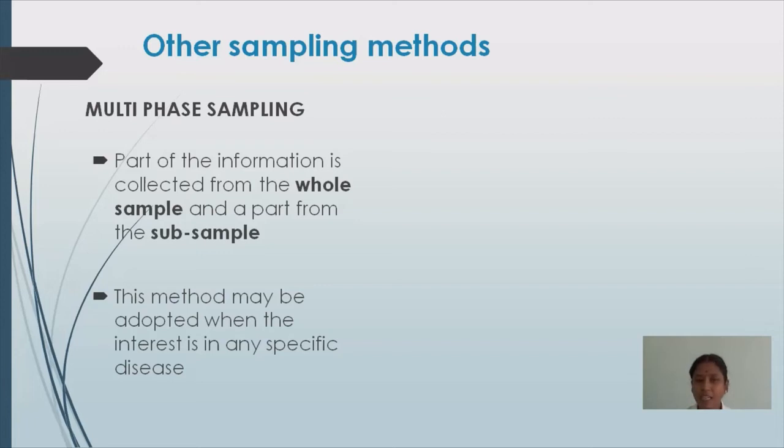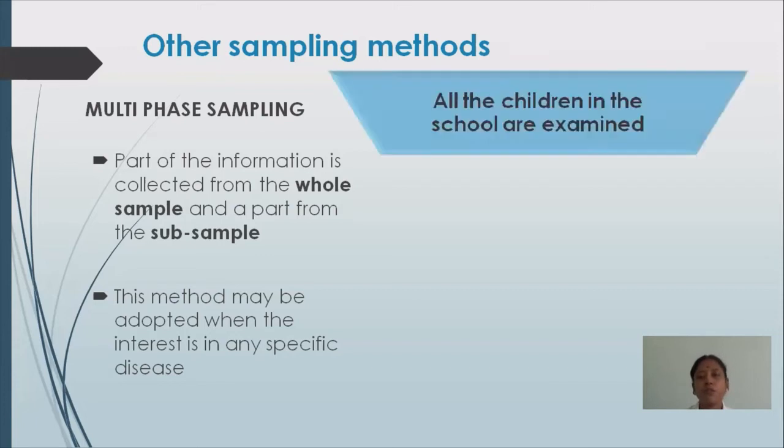So here we'll be collecting part of the information from the whole sample and another part from the subsample. And if we have any specific disease to be detected, or we want to find the prevalence of any particular disease, then this method can be adopted. So for example,